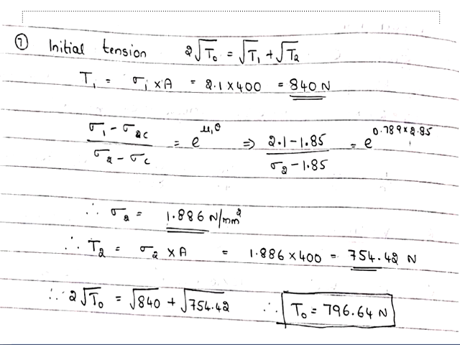So whenever a question is given, identify whether the procedure used in flat belt drive is to be used, or the procedure used in the first problem is to be used. So identify which procedure you have to use. Whenever dE value is smaller than 700, you can use the first problem procedure, and if dE value is greater than 700 and all the details like W, coefficient of friction are given, you can go for the second problem procedure. Two homework problems are given.